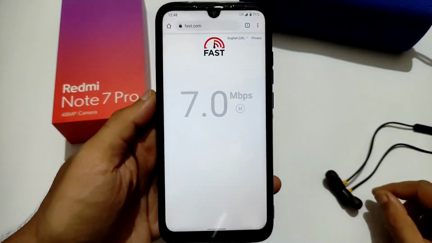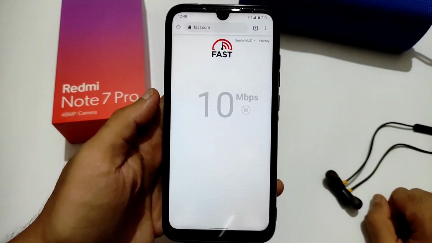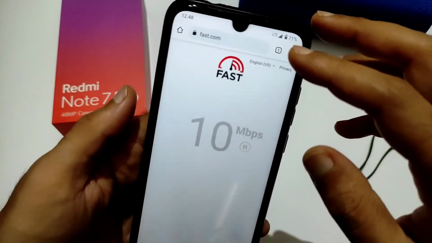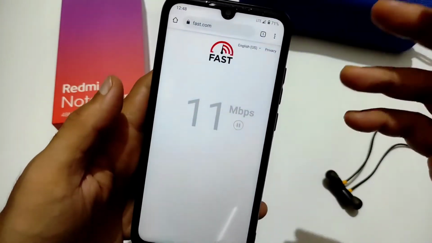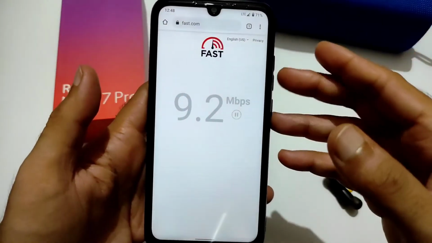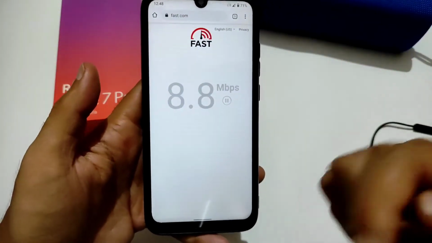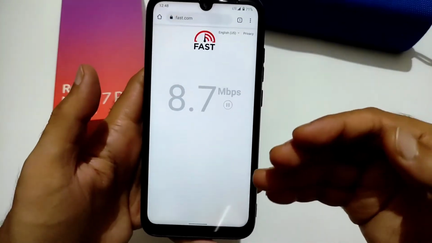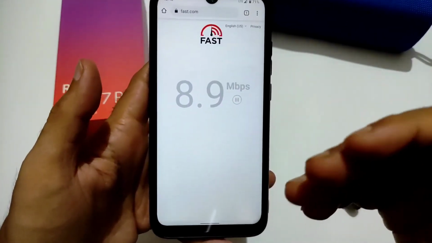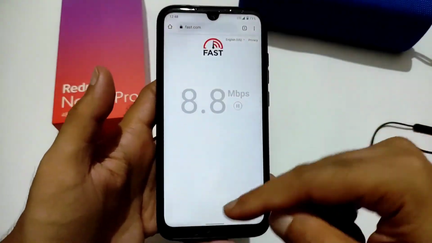As you can see, I will be getting good scores, but I did not get any 4G plus icon or anything. But in my area, that's the problem. But if you are using this custom ROM, do comment down below what are the bugs and features you like the most in this ROM. What are the bugs you are facing? Those things you can mention in the comment section below.